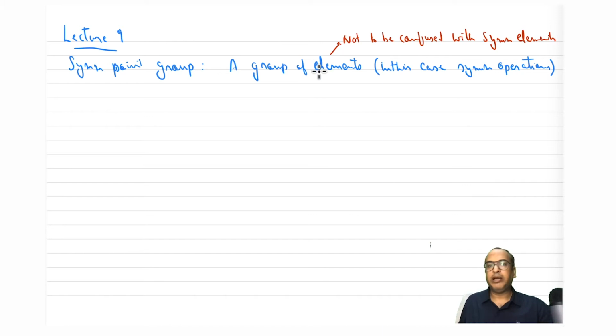These are group elements which are nothing but symmetry operations. So a group of elements, in this case symmetry operations, and not to be confused with symmetry elements, that are interrelated according to certain rules. So what are these rules? We will see that.